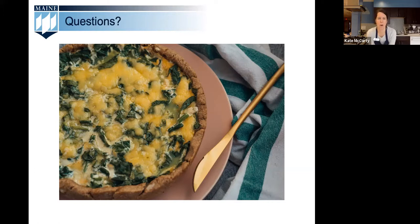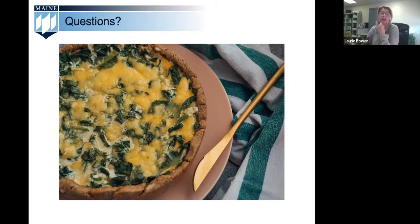I should clarify, there are no eggs in the crust. So if the questioner was thinking that there are eggs in that root vegetable crust, there aren't. It's just butter. You just make a root veg mash, and it sticks together just fine on its own in the pan. But as far as the filling, maybe if you wanted to substitute other things for eggs, you can use those suggestions. Thanks. Barbara wanted to know what the amounts of eggs, flour, and milk in the spinach pie were, and